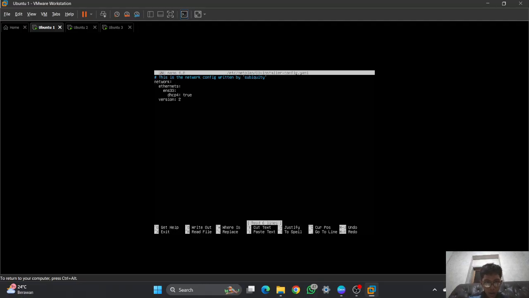Here I will set DHCP4 to no, because it does not get the IP by DHCP, I set it manually, and you can space until it is under the D of the DHCP, and you can type